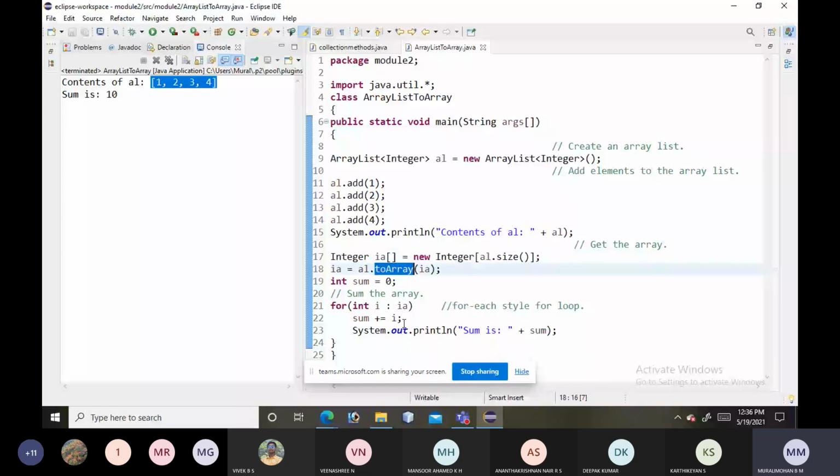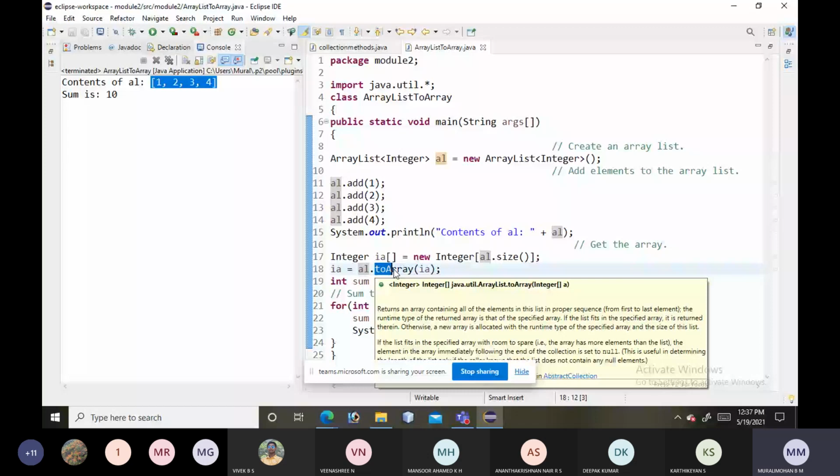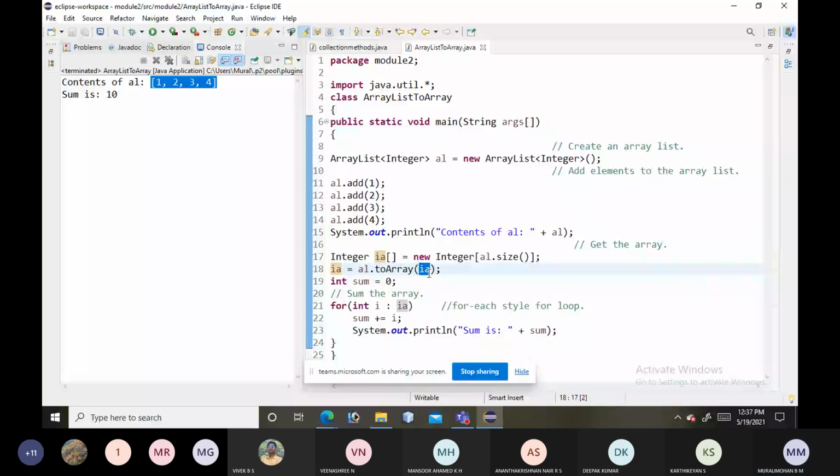The array list is AL, right? So AL.toArray of this type, by this autounboxing will happen, and that will be stored inside this array. Is it clear?